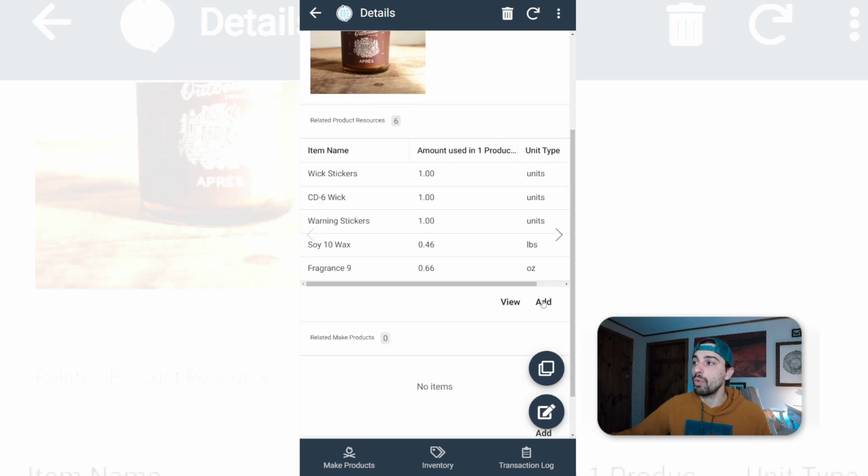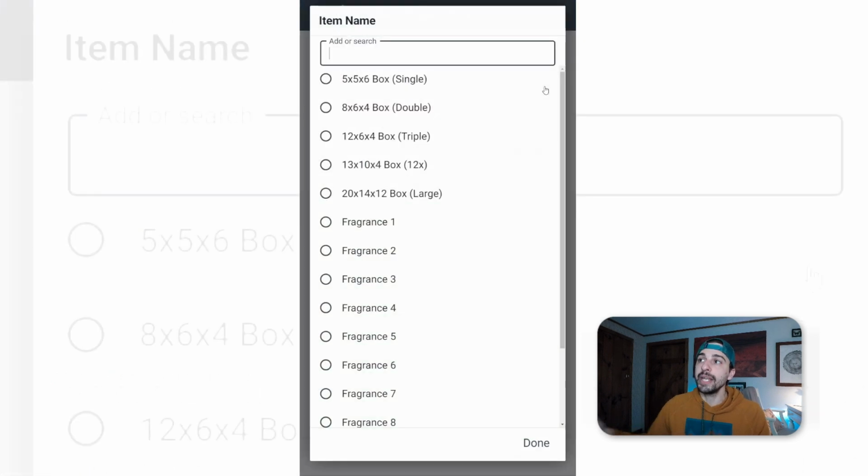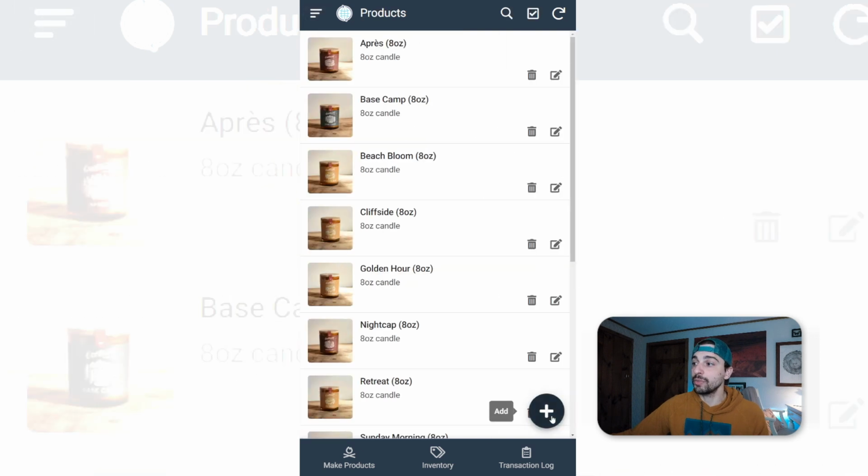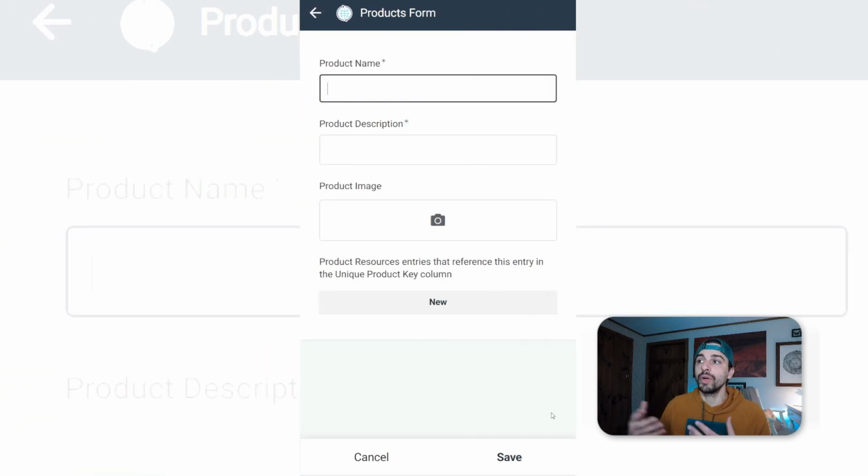And we can add more to those, or we can build one from scratch, right? So if we needed to add something else here, we click add, and we pick the thing from the inventory list that we just made to put it into this recipe to make this candle, right? If we back out all the way to our main list, we again have that add button where we can say, what's this new product that we're going to make? Let's put in the product name, description, image, and then that whole list of all the resources we would use